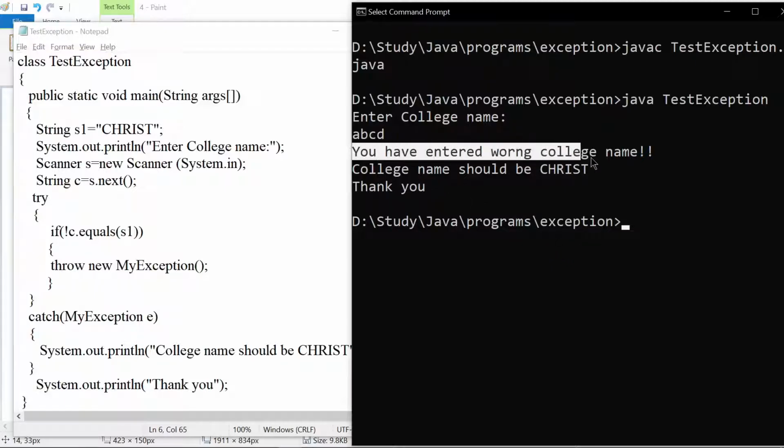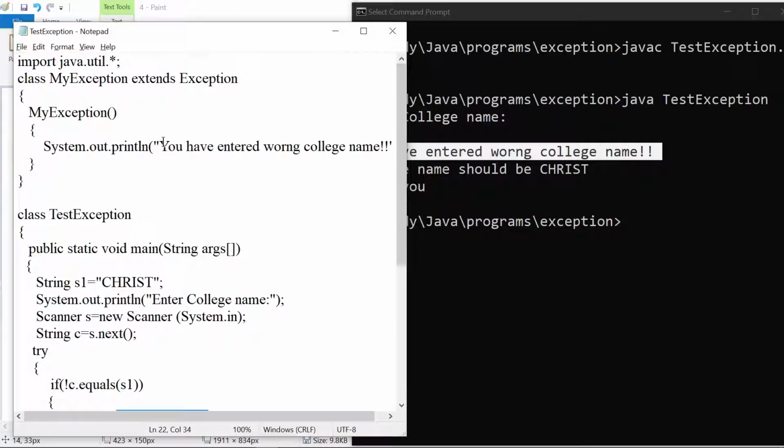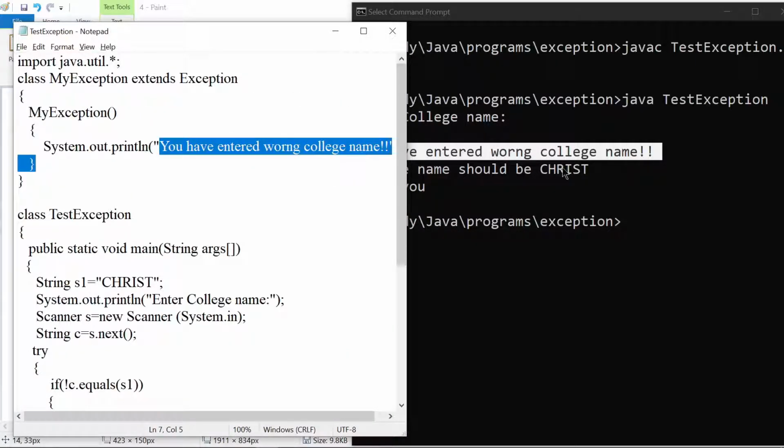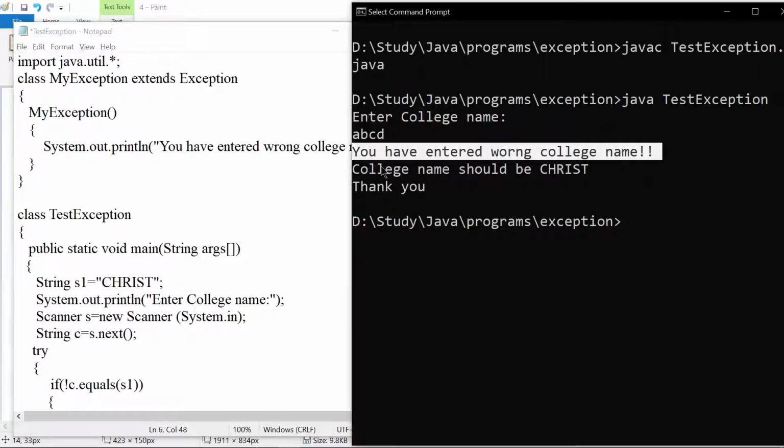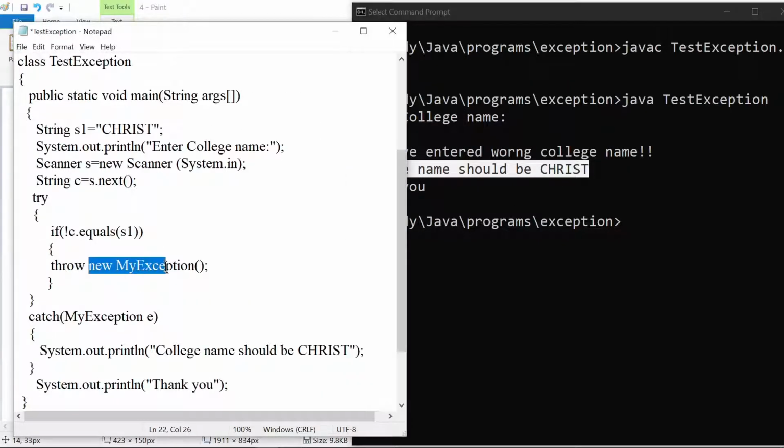See, you have entered wrong college name. Why did we get this line of code? Because while creating the object, the constructor will be called, so that's why you have entered wrong college name. We got that one. I think the wrong spelling is okay. Next, college name should be Christ. Why did we get that one? The object is created and it will be thrown out of this try. Who will be catching that one? My exception